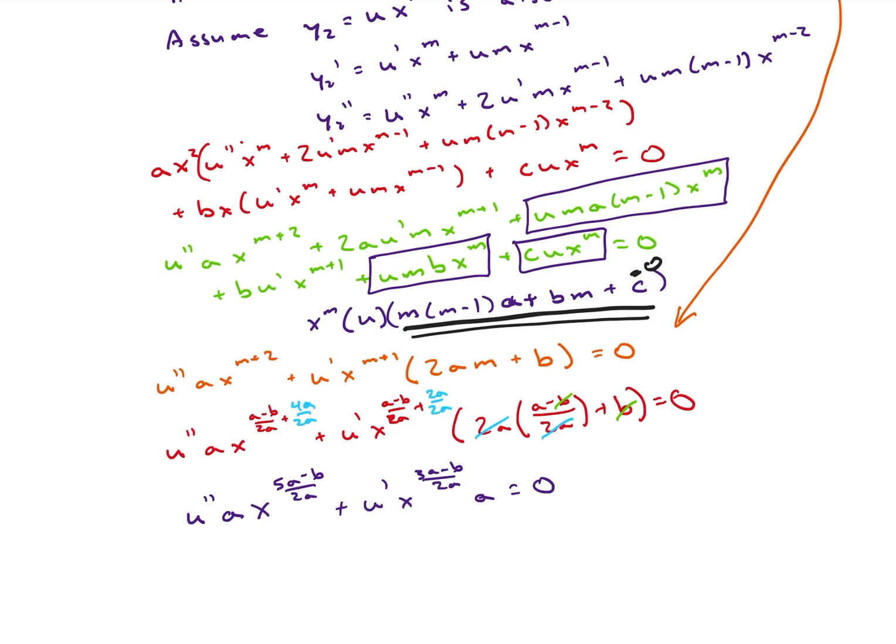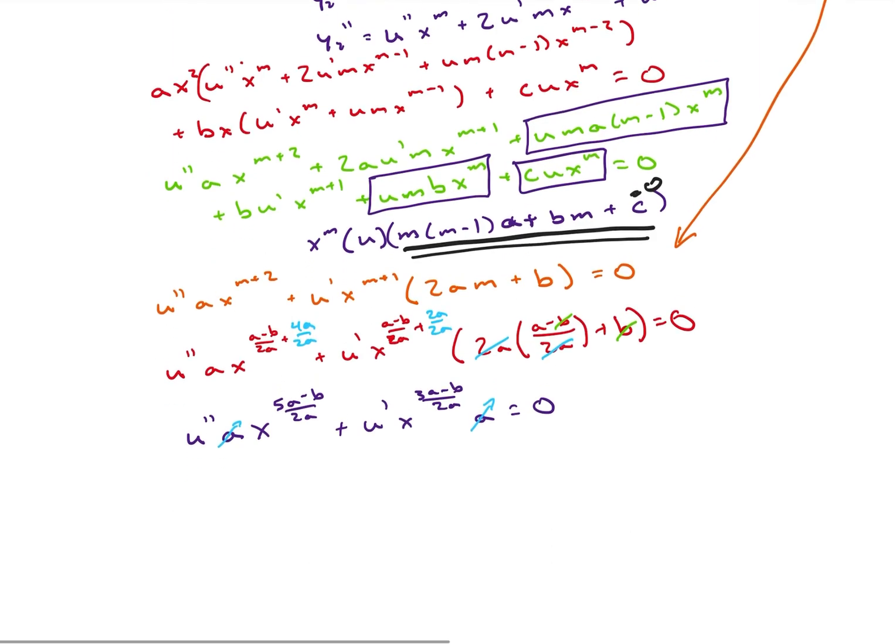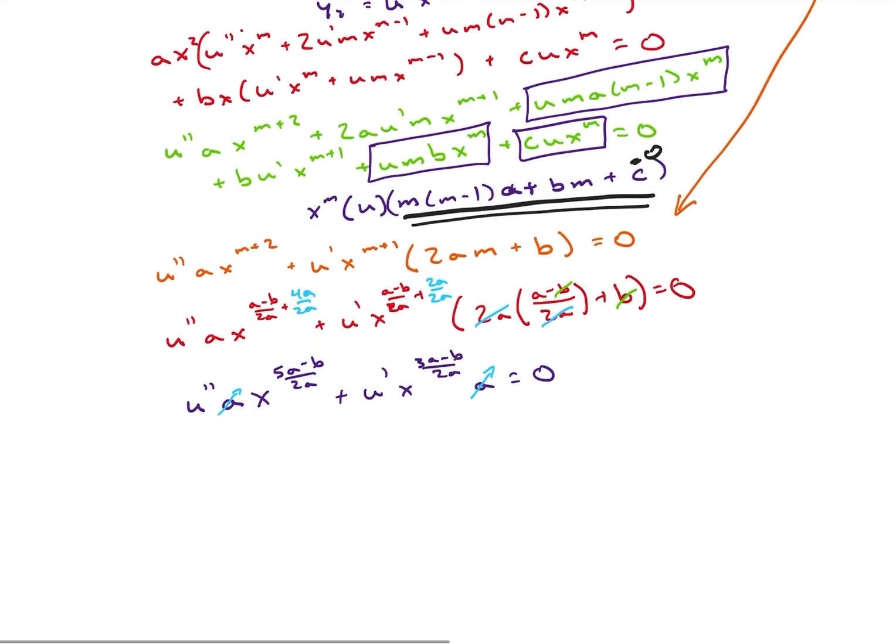I started my problem by saying that a was non-zero, so this guy and this guy can be divided out. And now I have something that I can go ahead and separate variables. So let's do a quick substitution. What we notice here is we have a second derivative term and a first derivative term, and no zeroth derivative. Okay, so I don't have any just u in there. So we're going to do a quick substitution and say, what if we make u prime equal